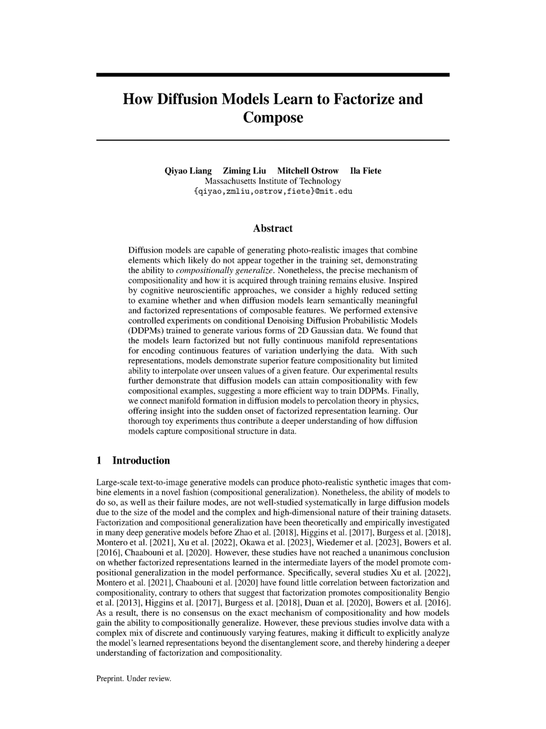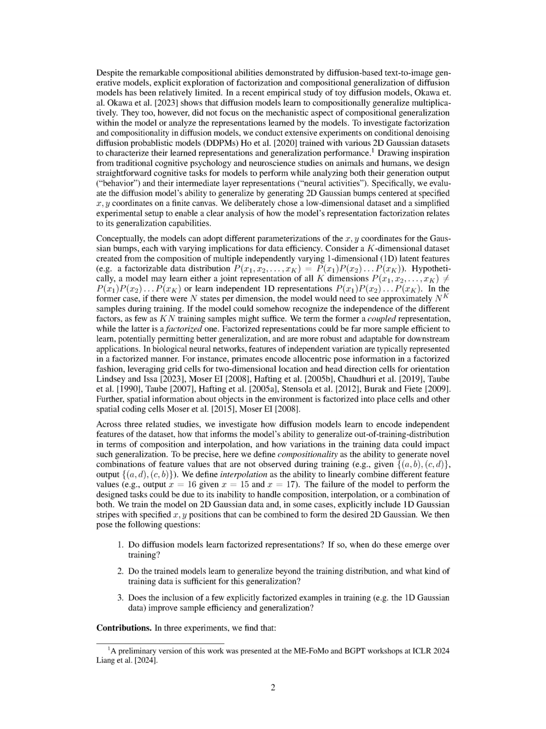Our method aims to systematically investigate the factorization and compositional generalization capabilities of diffusion models, which have been inadequately explored in previous studies. Specifically, we address the lack of consensus on whether factorized representations in intermediate layers of diffusion models promote compositional generalization. By conducting extensive experiments on conditional denoising diffusion probabilistic models, DDPMs, trained on simplified 2D Gaussian datasets, we aim to clarify how these models learn to encode independent features and their ability to generalize beyond the training